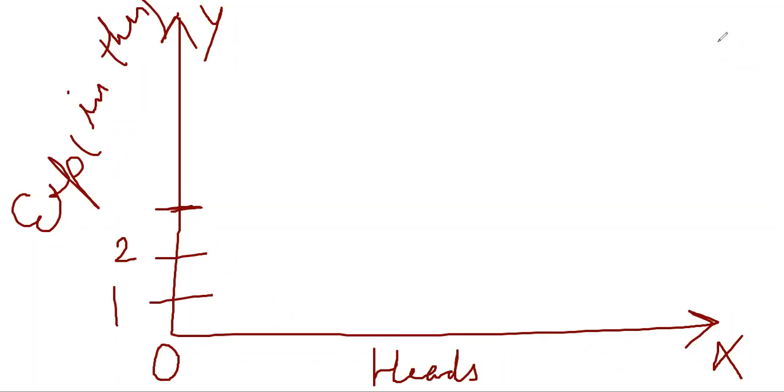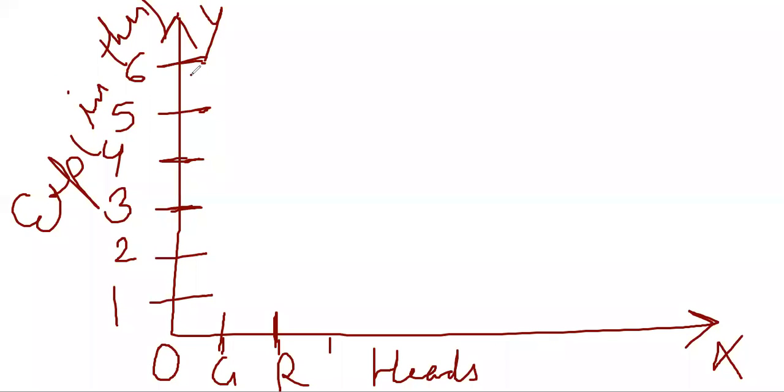You have to choose this yourself according to your convenience. On x-axis it's given grocery, so we'll mention here grocery. Then rent, then education, then medicine, then fuel, entertainment and miscellaneous.